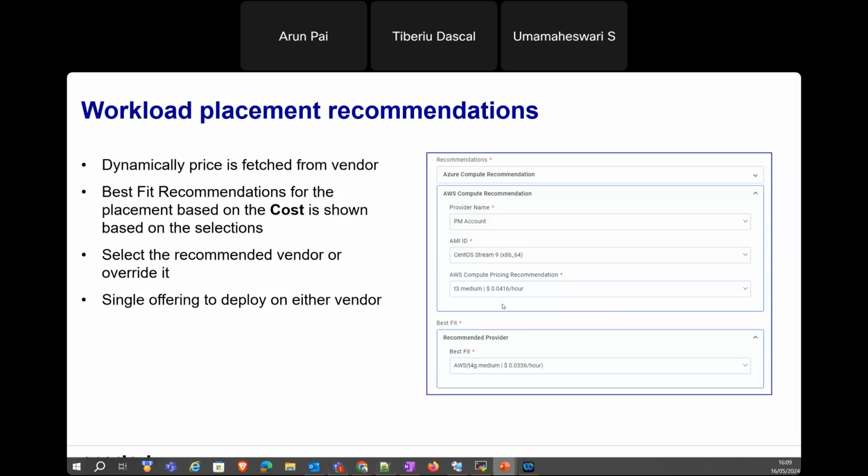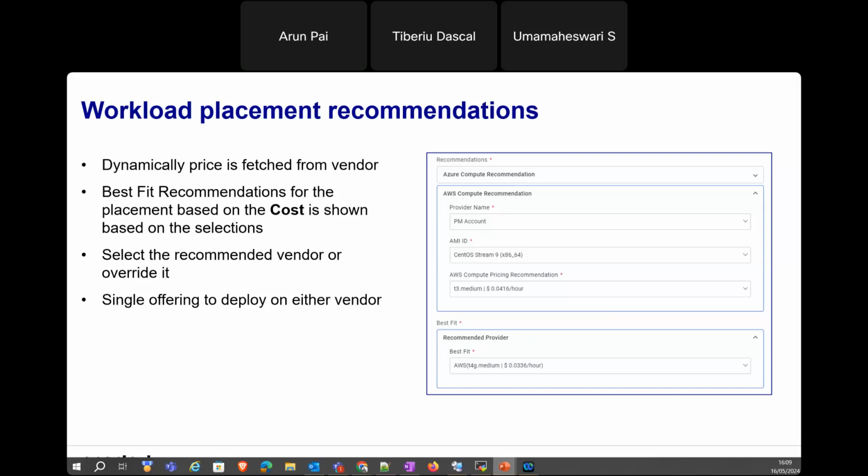So I will be showing that more in detail in the demo, but you can see the price coming up here. It will show the price based on whatever things you have selected, and then you can play around and see the price. And then there is a recommendation JSP as well, right? So the best fit, which will show what is recommended between these two based on the selections you have made, right? And this is just a recommendation, so you can always override it and maybe choose the non-recommended ones, but the recommendation will show, based on the fetched prices, what is the least one,